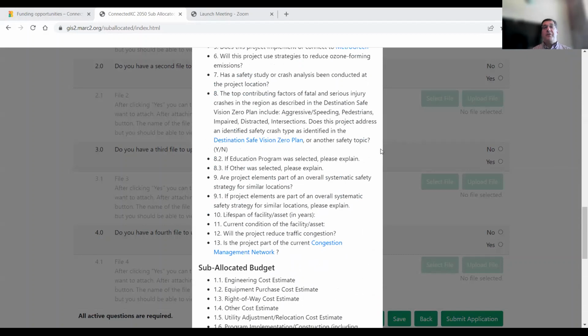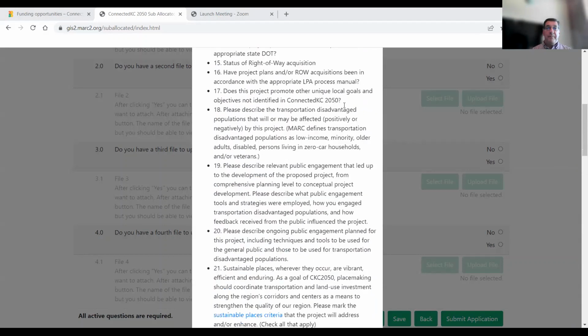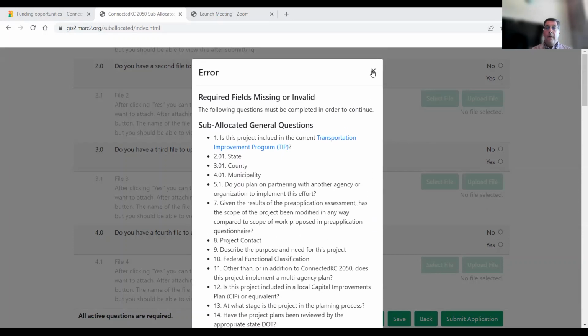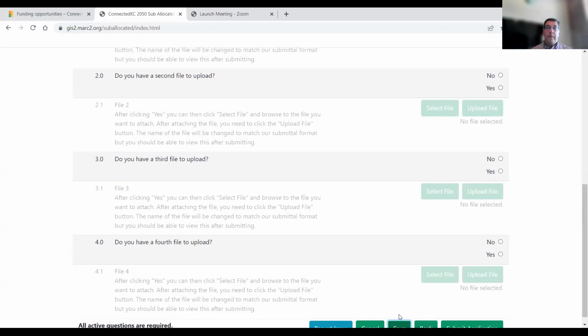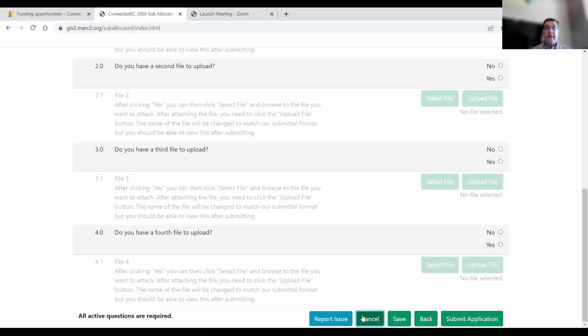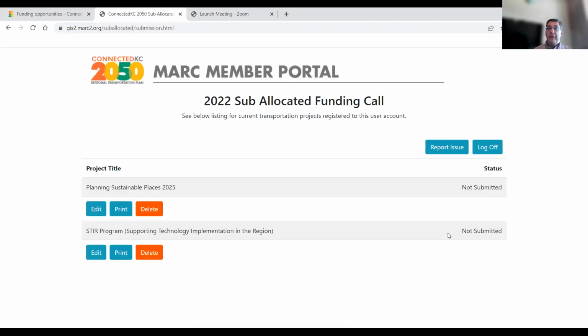So just to check to make sure that you've gotten all of your application materials submitted. If I want to go back to the start, I can hit save and then go back to the beginning through the cancel button. So that is kind of our funding application. Hopefully that walk through gave you some idea of where to start and how to proceed through the